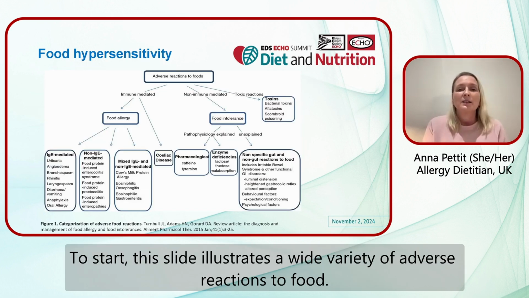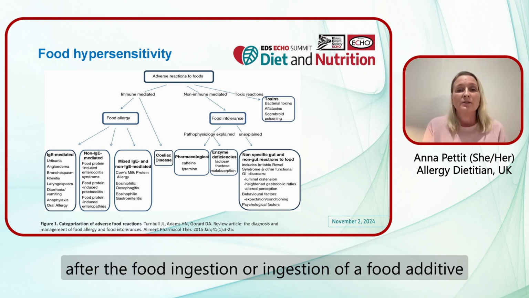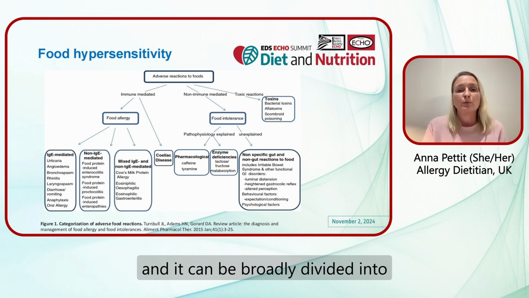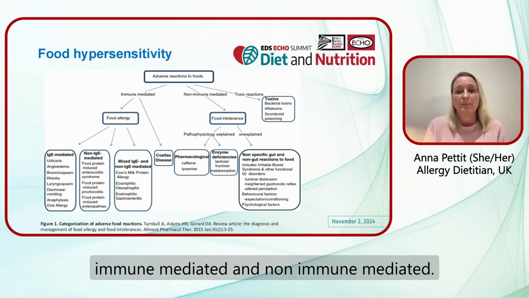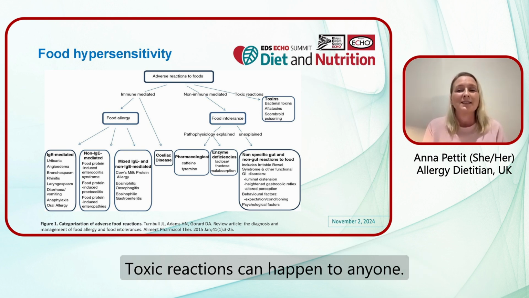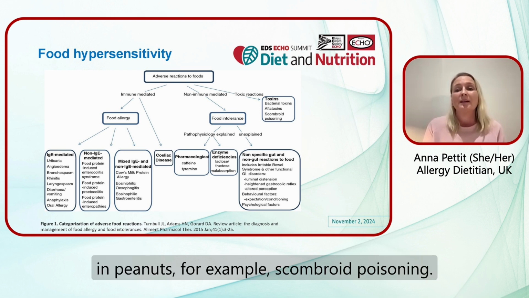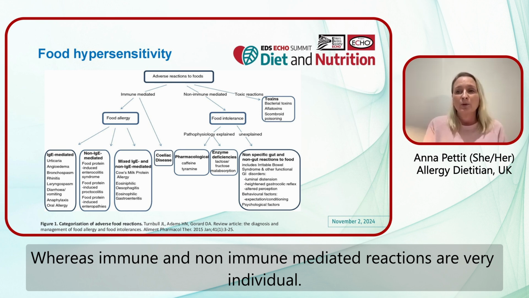So to start, this slide illustrates a wide variety of adverse reactions to food. Adverse reactions to food are any untoward reaction after the ingestion of a food or a food additive, and can be broadly divided into immune-mediated and non-immune mediated. You also have toxic reactions. Toxic reactions can happen to anyone. This is your typical aflatoxins in peanuts, for example, or scombroid poisoning, whereas immune and non-immune mediated reactions are